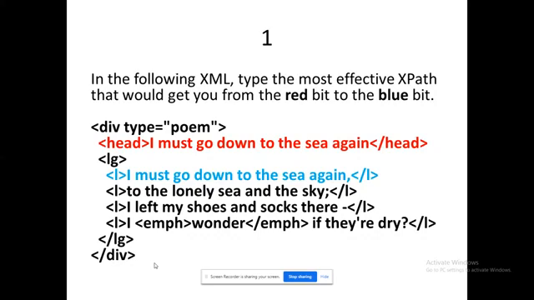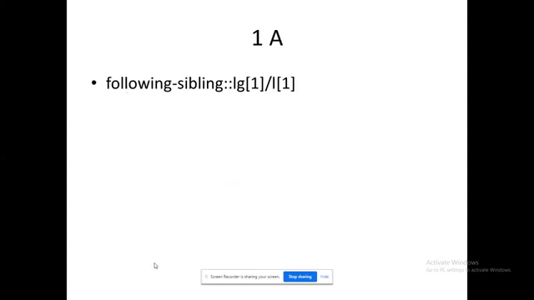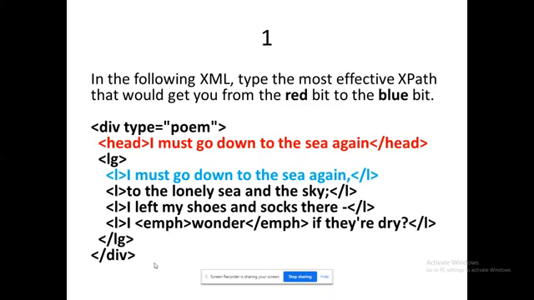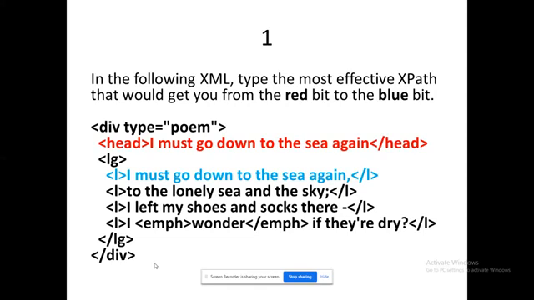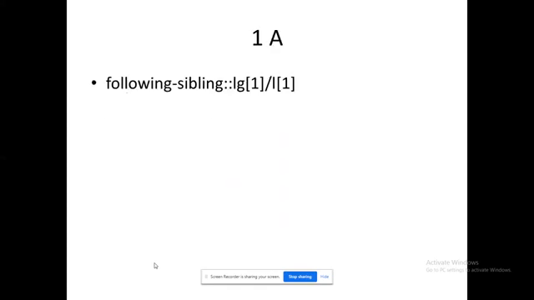LG[1] means the first record, and L[1] is in blue color. So from red color to blue color, how do I travel? following-sibling::LG[1]/L[1]. LG represents the tag, and L[1] represents the first tag. So this is the procedure.